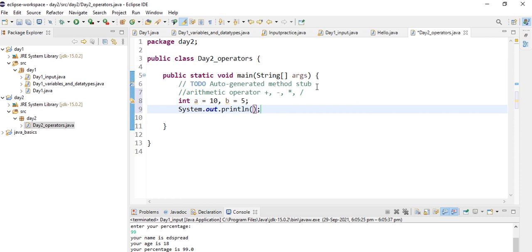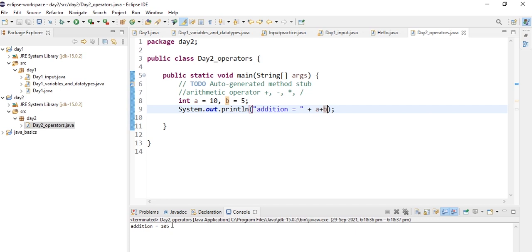We are printing it, and let's execute this. So 10 plus 5 is 105?